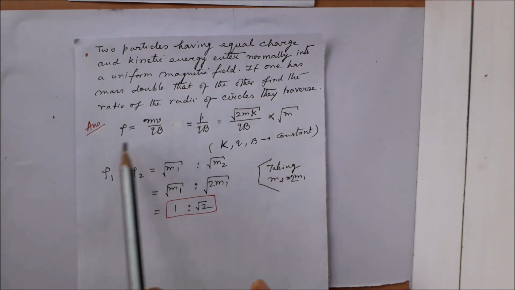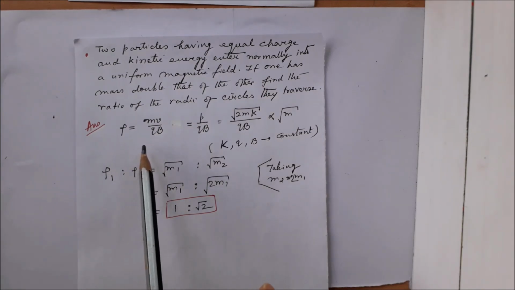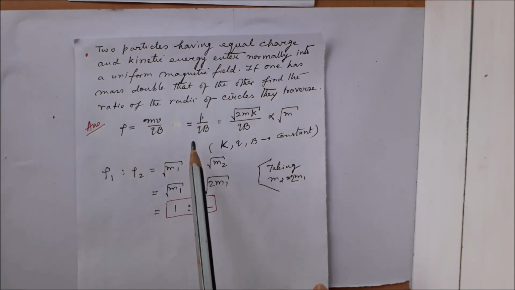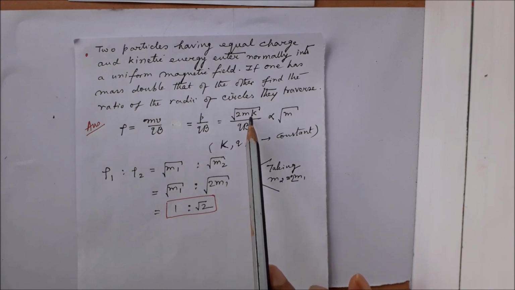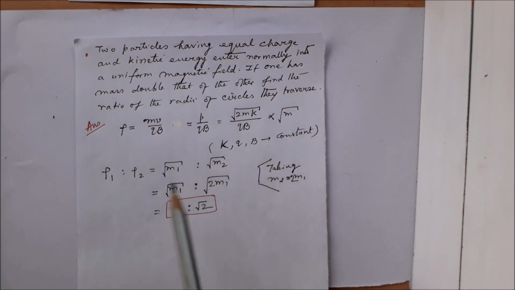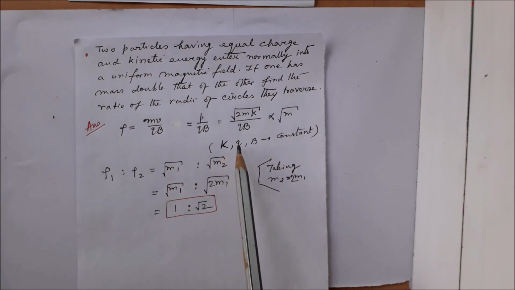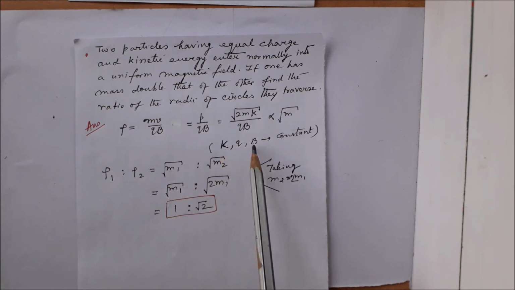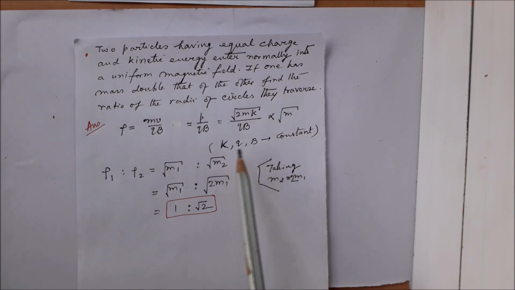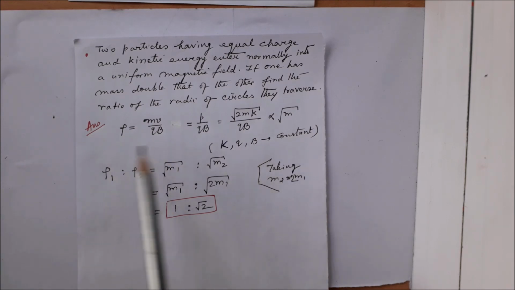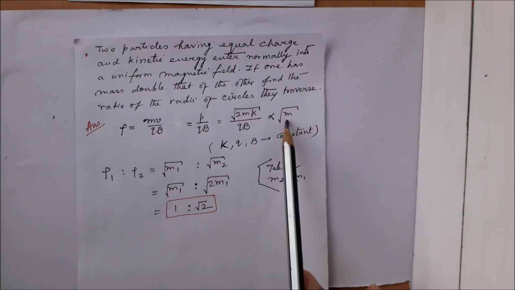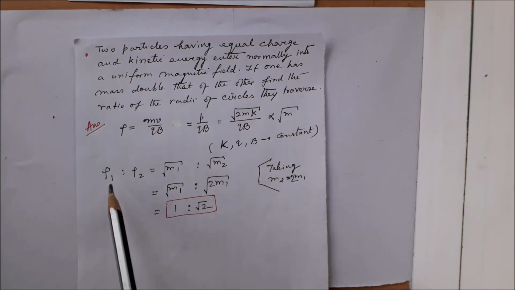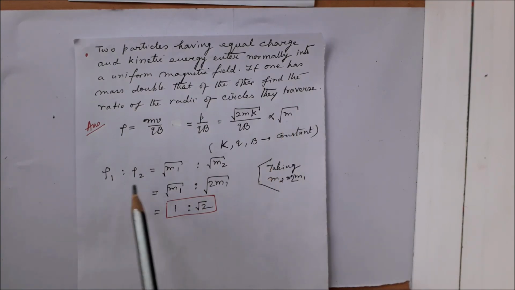Now this is the expression of radius, and we can express it in terms of kinetic energy, and since kinetic energy, charge and magnetic induction are same, the radius is proportional to square root of mass, and therefore the ratio of the radii is equal to